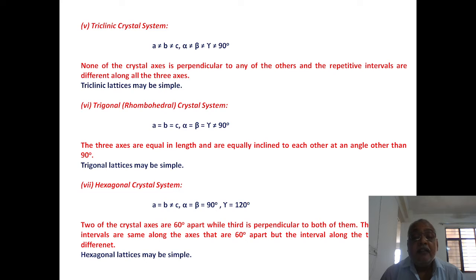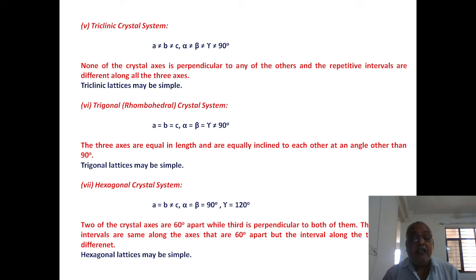ट्राइगोनल क्रिस्टल सिस्टम में a = b = c, alpha = beta = gamma नॉट इक्वल टू 90 डिग्री, मतलब अल्फा बीटा गामा तो सेम होता है लेकिन राइट एंगल नहीं होता. Three axes are equal in length, and are equally inclined to each other at an angle other than 90 degree. ये भी मोस्टली सिंपल क्रिस्टल में पाया जा सकता है. द सेवेंथ वन इज हेक्सागोनल क्रिस्टल सिस्टम. इसमें क्या होता है,